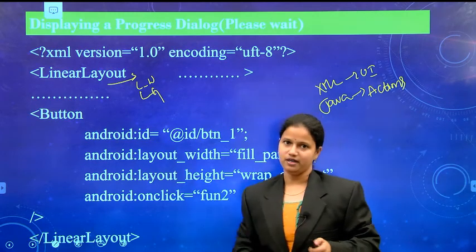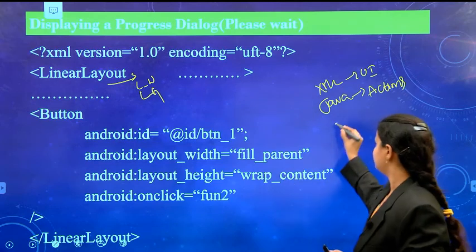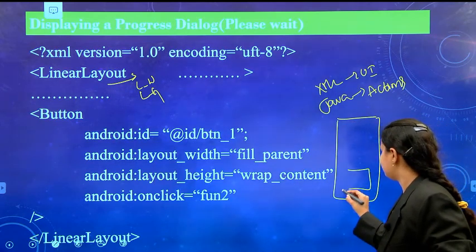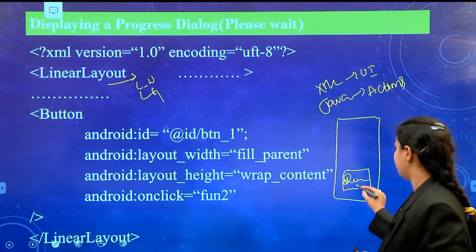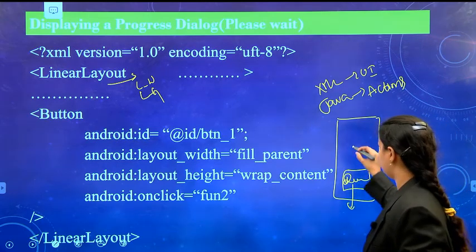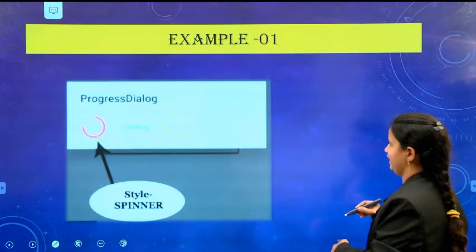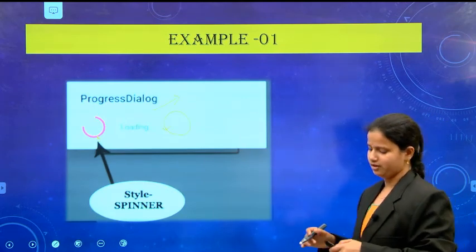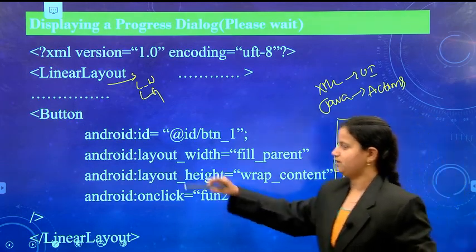The next one is the button. Why do we need this button? Our requirement for the user interface in this application is that whenever you press a download button, which is available in the user interface, it will call and display a dialog like this progress dialog and loading. This is our requirement, so the user interface has one button. That is why we are implementing a button.